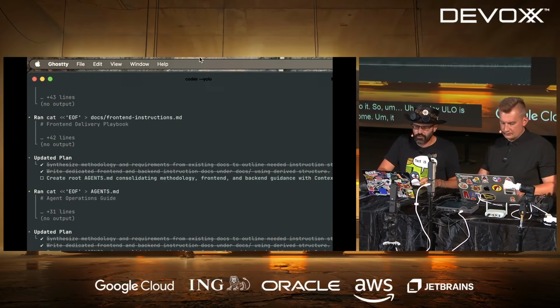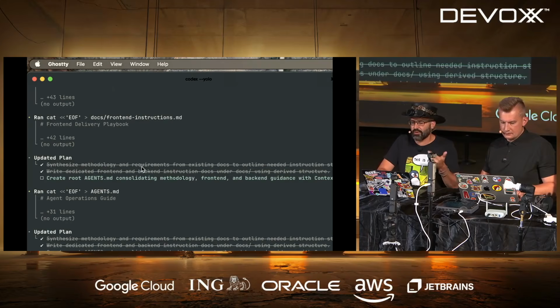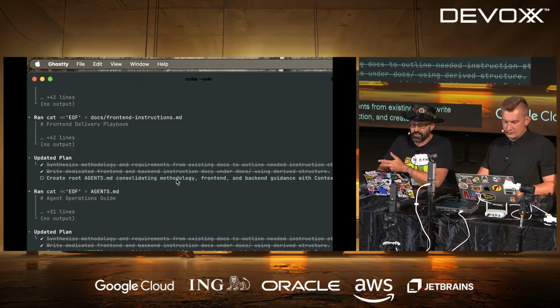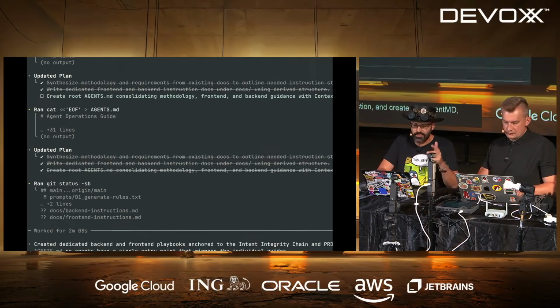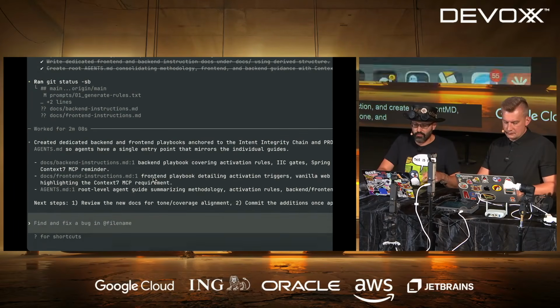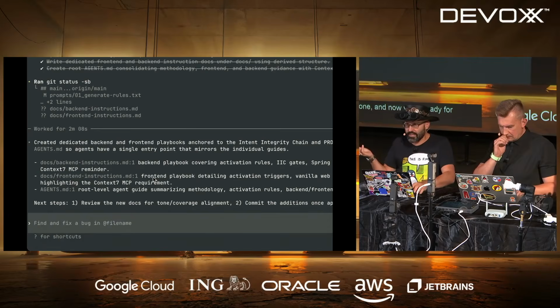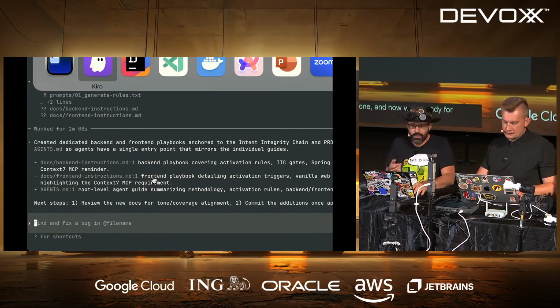It built a plan for my request of generating instructions, synthesize methodology and requirements from existing docs, write dedicated front-end and back-end instructions, and create a root AGENT.md, consolidating all that. This has all been done, and now we're ready for our next prompt.